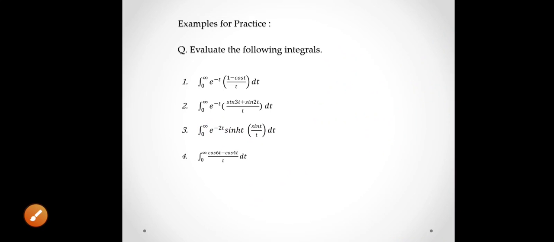And the last example, integration from 0 to infinity cos 6t minus cos 4t whole divided by t. Again this is very simple. First find the Laplace transform of numerator, apply division by t property,